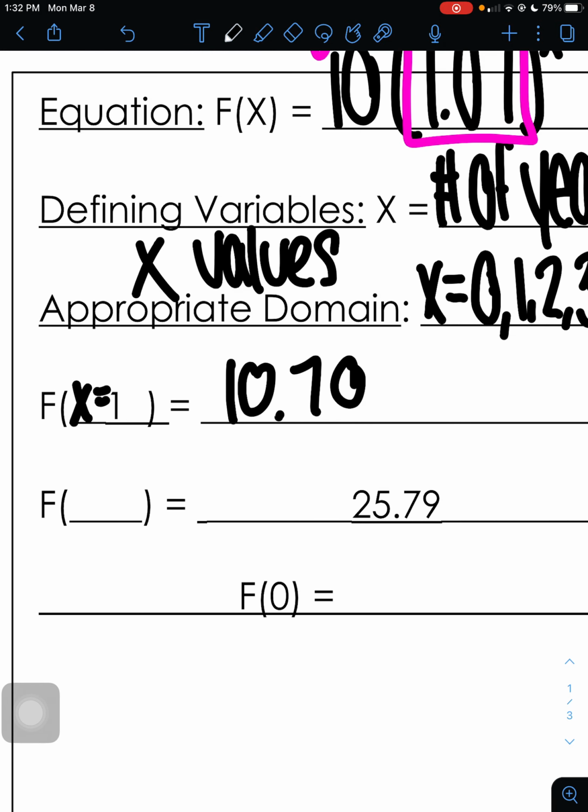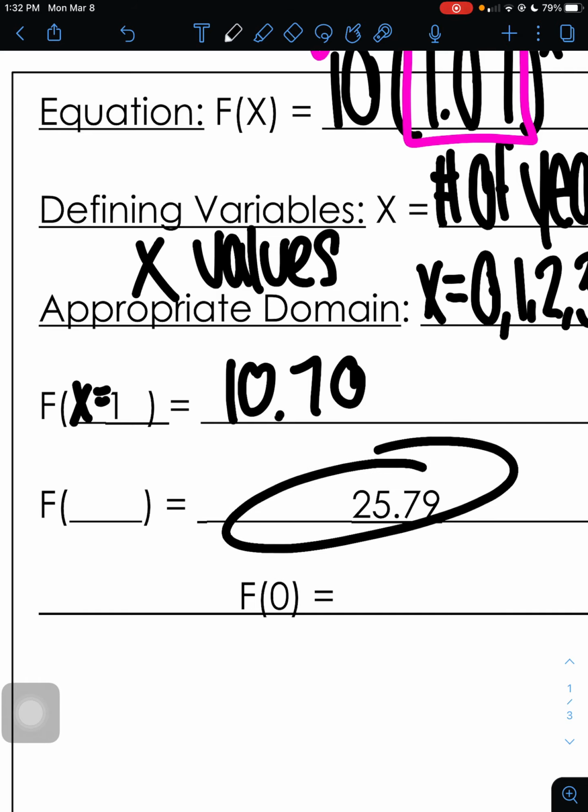So again, did they give us the input or the output? They gave us the output. So they're telling us that $25.79, that's what's in our account. We need to figure out when. When are we going to have